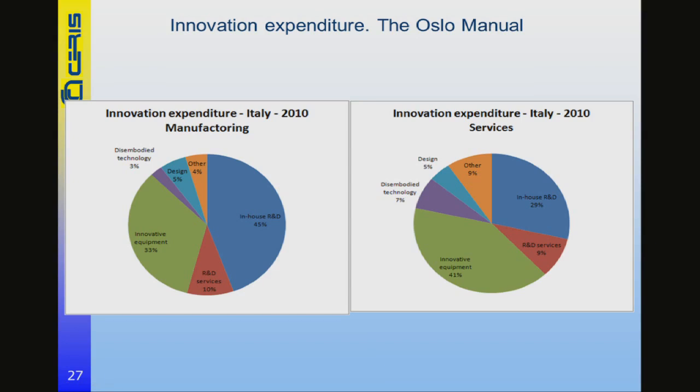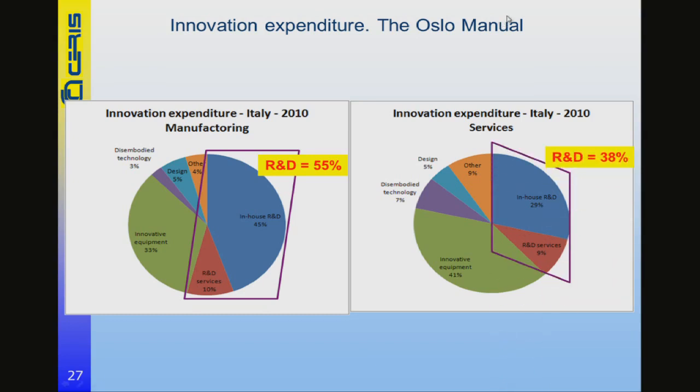because through the innovation survey, we asked the overall innovation expenditure, including various items. And R&D, for instance, this is the Italian data, R&D, both carried out inside the company and acquired from outside, is 55% in the manufacturing sector, and it is 38% in the service sector. Then you have equipment, specialty equipment embodying new technology, design, and other technical activities in order